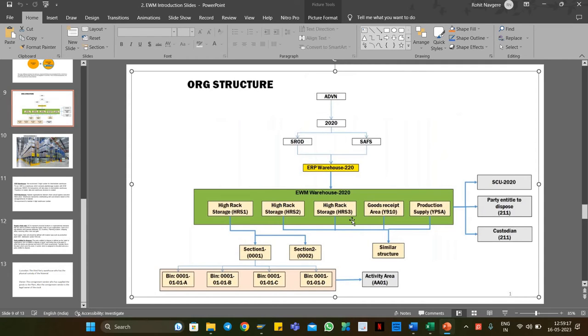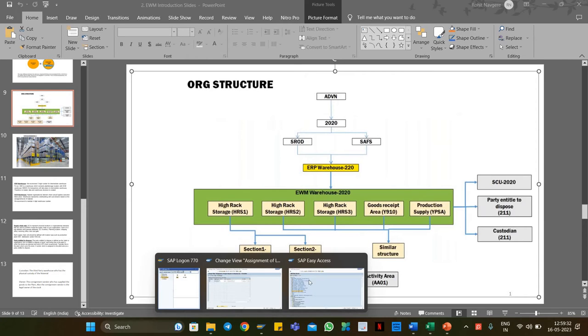So in that case, we have a topic called availability group. Based on the availability group, we are going to identify the storage location. Okay, so if I go into the system,